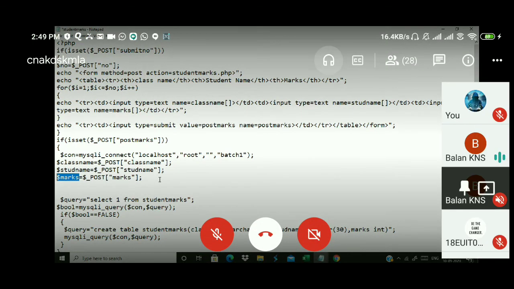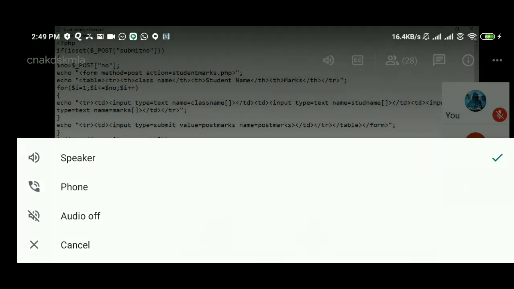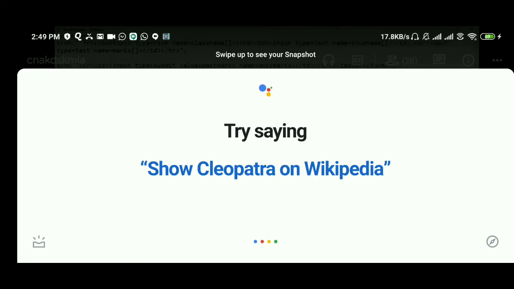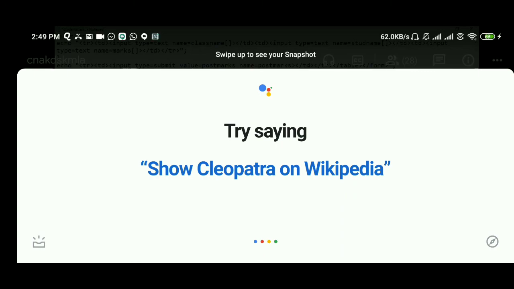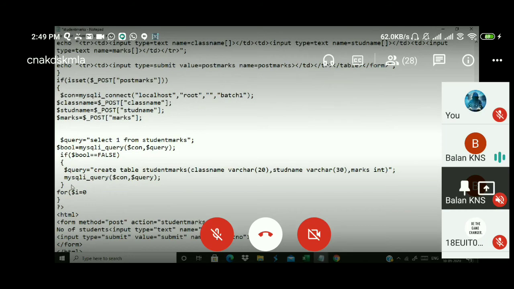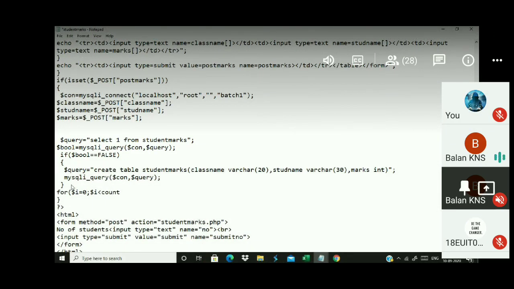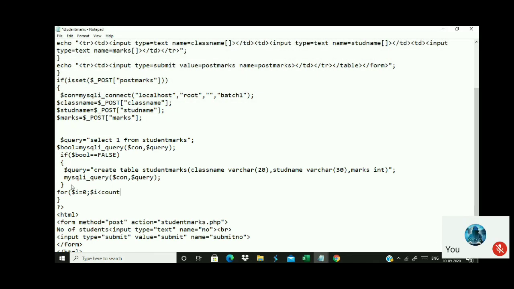Now what I have to do is measure this. If I want to find the total marks, listen carefully, I use a for loop like this: for dollar i equal to 0, dollar i less than count of any one array. I can count class name or student name or marks, because all the arrays are of equal length.